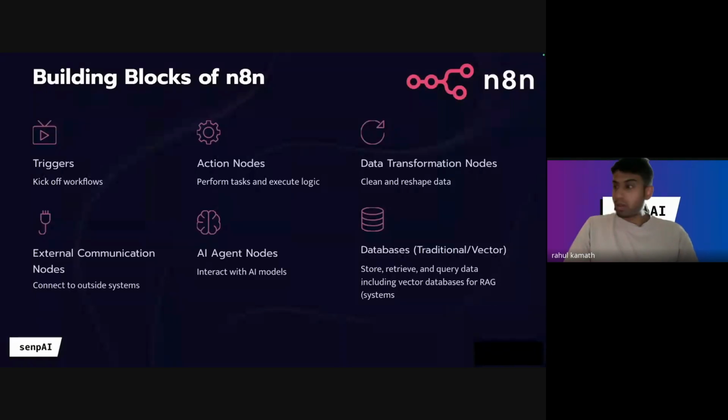I'm sharing my screen. Okay. Thank you for that. Now let's get into development. But before we get in, let me talk about the building blocks of N8N. These are not building blocks of just N8N, but of any no-code platform or even any coding platform, and they have been the building blocks for ages. It's just that with N8N, it's much more visual and we can see what is happening.